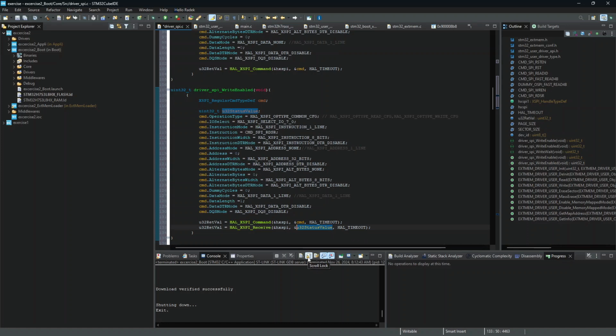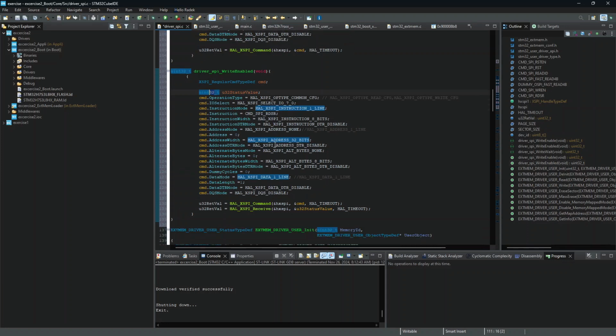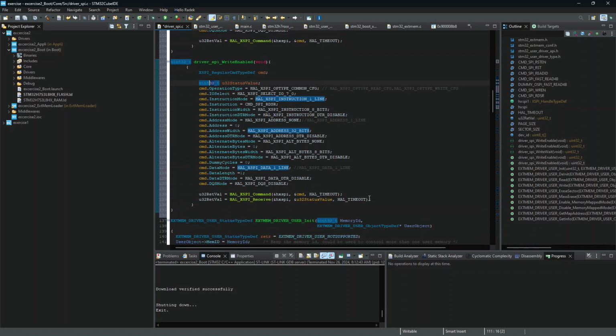And be careful, it requires a pointer because it expects a buffer, and it will fill me only the lowest 8 bits. So I can in theory put it as an 8-bit, but I think 32 is okay on the 32-bit microcontroller. And this will read me the status. But sometimes it can happen that on the first read the status will be not yet set, so I can repeat this operation multiple times until the status is set. So I will put here my temporary variable. For example, I will call it wait,